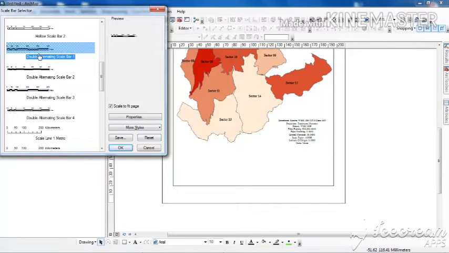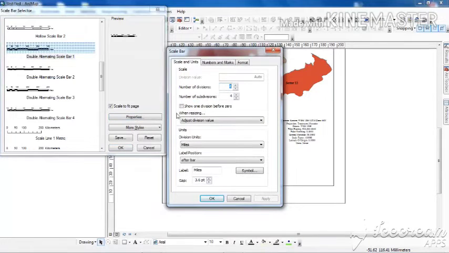So what I will have to do now is edit my scale bar. I will go simply to the properties. The total number of divisions means the primary divisions, and these are the secondary divisions. Primary divisions will be 4, that is, after 0 the divisions are primary divisions, and these are subdivisions, meaning before 0. I am keeping 4 subdivisions as well as 4 primary divisions, and I will check this option to show 1 division before the 0, because I would like to show my scale in the form of primary divisions as well as secondary divisions.